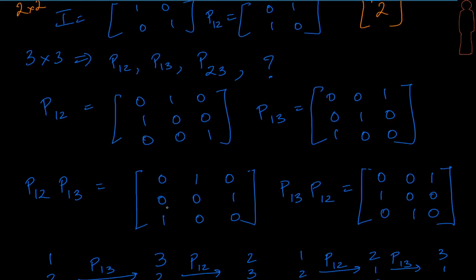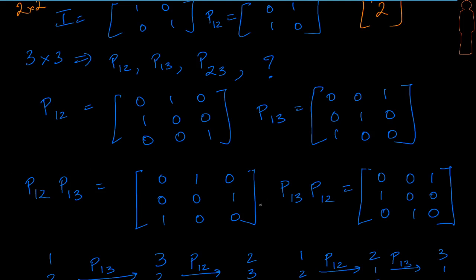Try and see if we can multiply these two matrices. So let's multiply P12 and P13. Try multiplying this, and here is the result that we have got. Look at the result. It says that the first row is going to go to the second row. The second row is going to come up in the third position, and the third row is going to become the first. That's what this permutation means. Now, how do I even indicate this? I don't know what kind of way to put it, but what is interesting here is that I have a matrix which is indicated by the product P12 and P13.